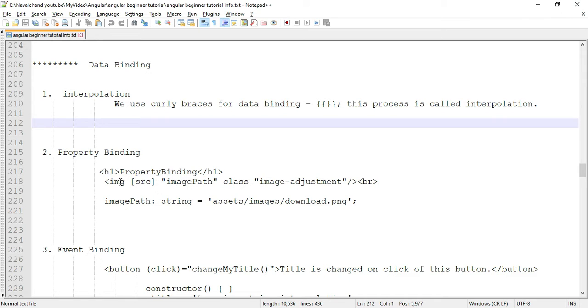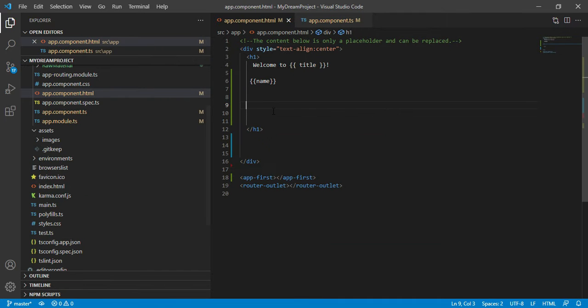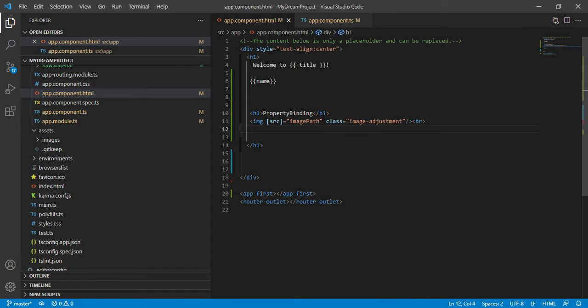Let's see the next point: property binding. In property binding we bind the properties of any particular given element. So we have an image tag here. In the image tag we need src, the resource file path, that particular image file path. We are not providing that path directly inside the tag.